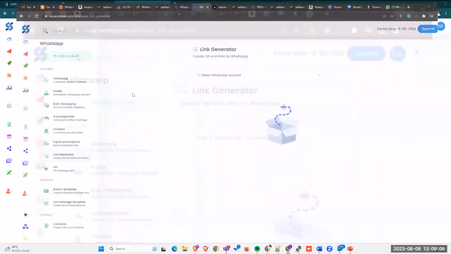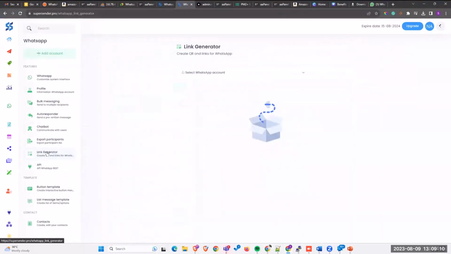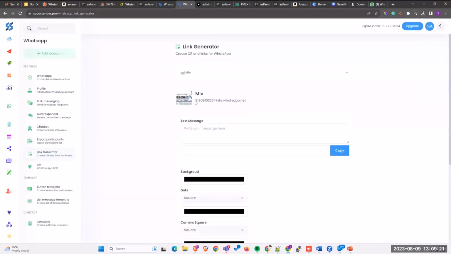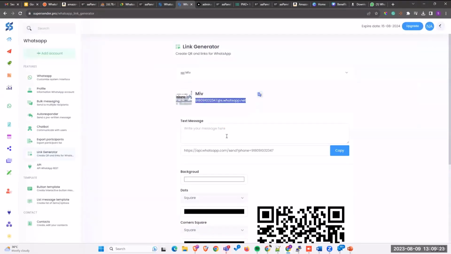Yeah, so this feature we are just enabling soon. This is called the link generator. You can see here, depending on the profile, for example, if I add another number, I can say for this particular number I want to send a personalized or different link. Maybe you are using it for a website, right? I can say,